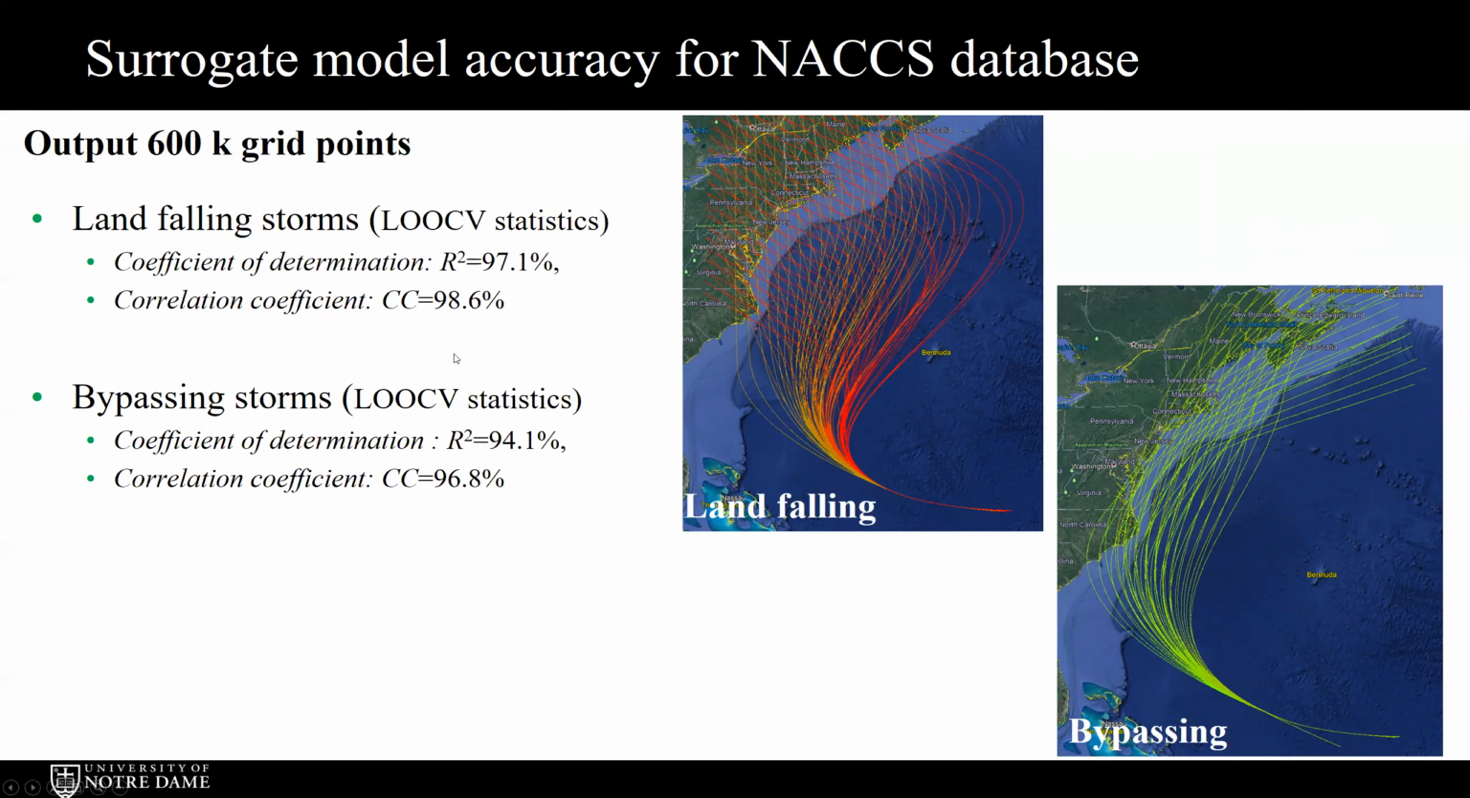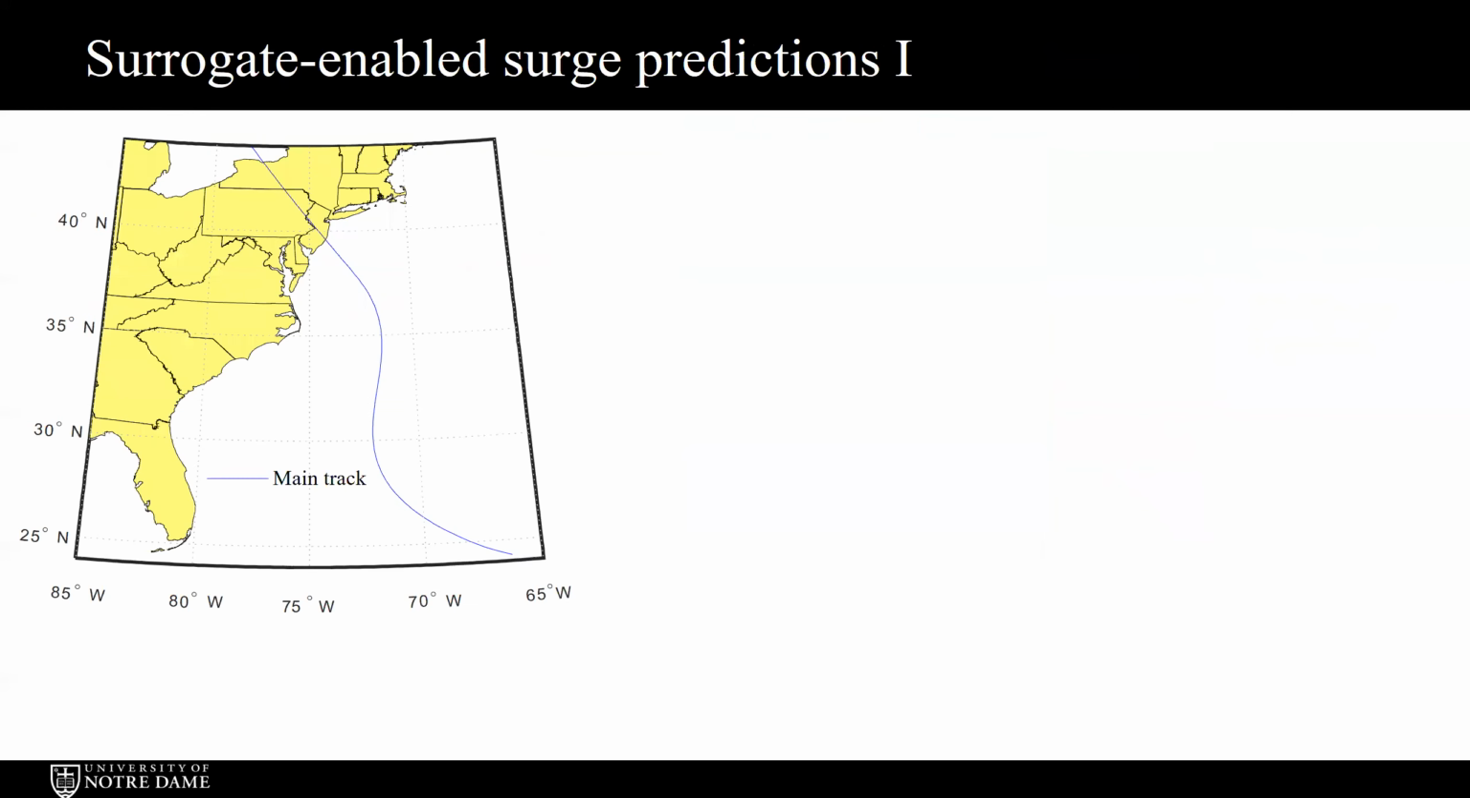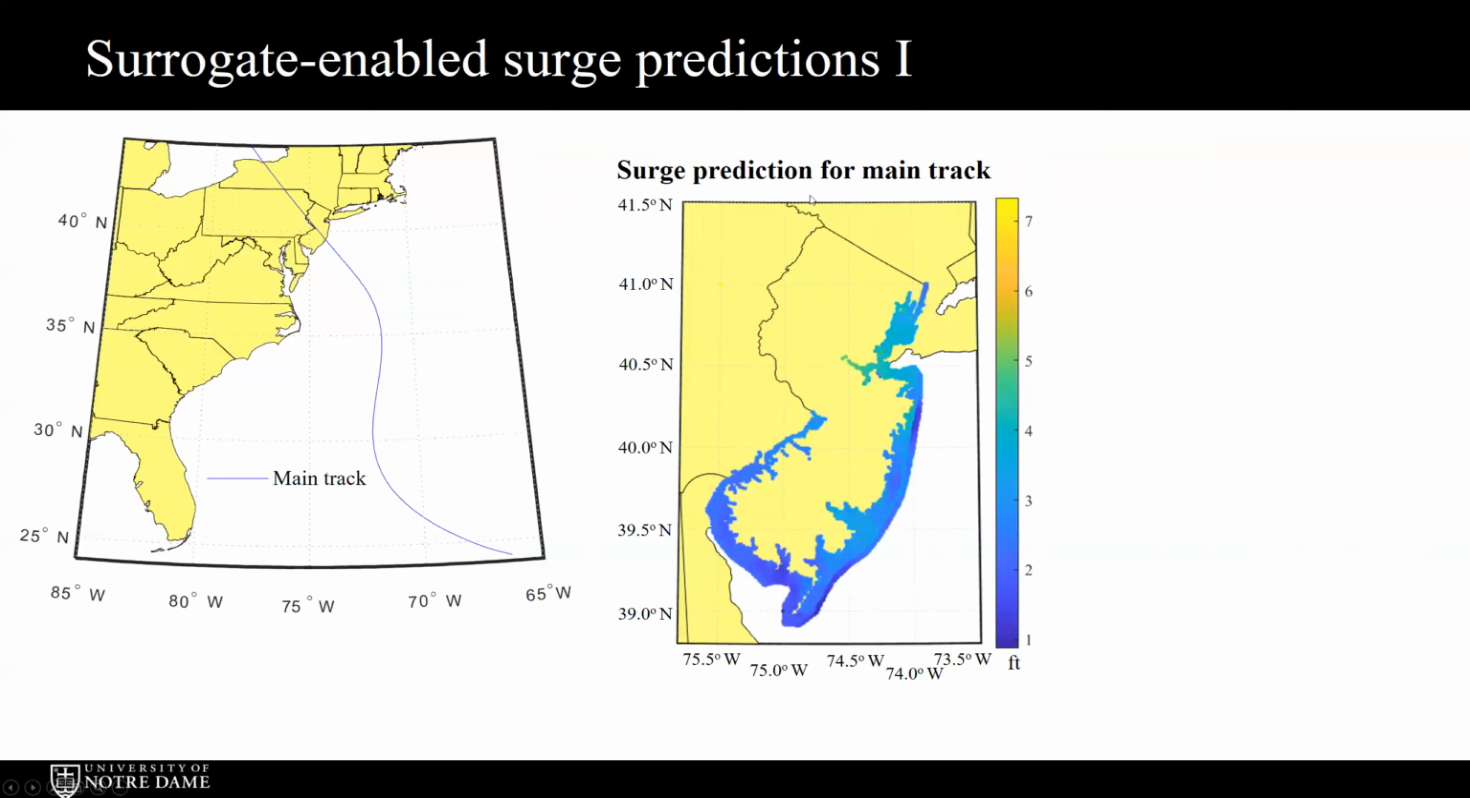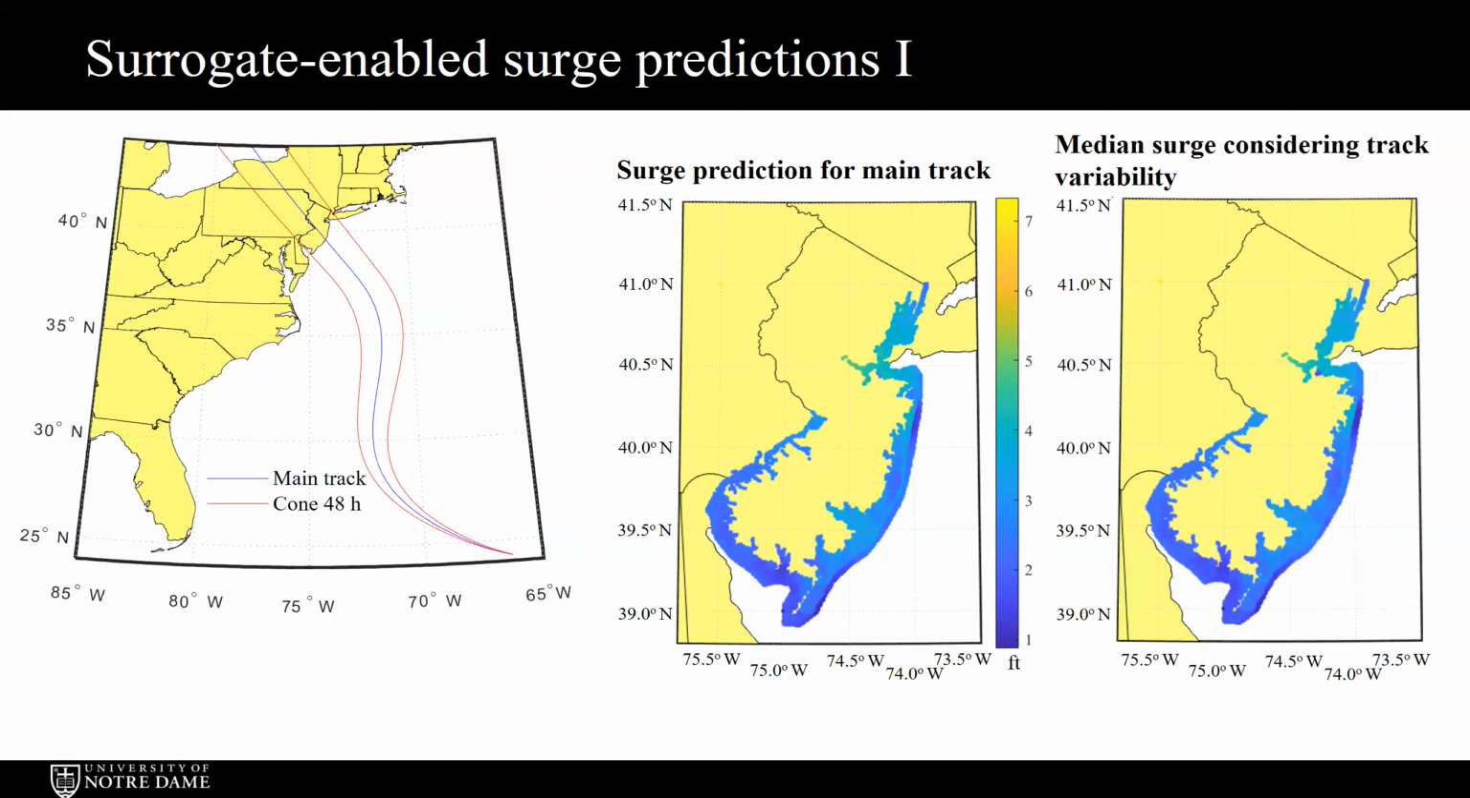As we point out, these statistics are estimated through cross-validation. So now that we have a surrogate model, what we can do if someone gives us a main track, this could be a landfalling event or just a what-if scenario to help us plan for the future. You can see that using the surrogate model we can get the predictions for the main track, but also consider the cone of uncertainty and the additional uncertainty in the surrogate model predictions, and we can calculate